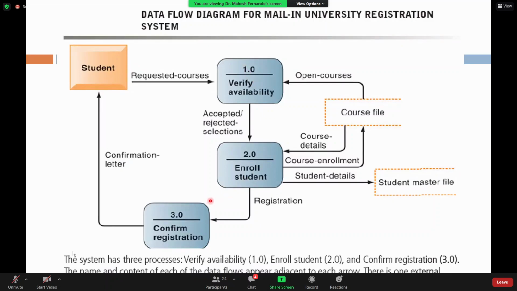If it is a system being developed, that system will have 3 different processes: verify availability, enroll student, and confirm registration. Right? And these are the ways that information flows into these 2 data repositories, data stores. Right? That is a diagrammatic notation where we can think of different processes. And also this is a structured